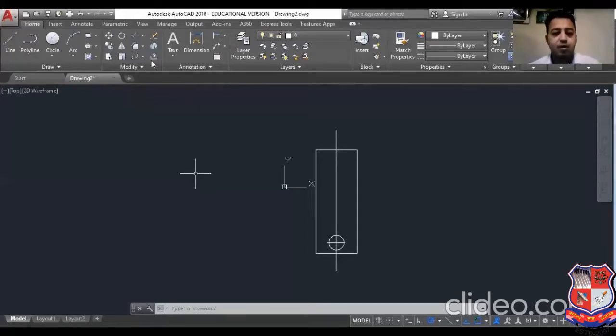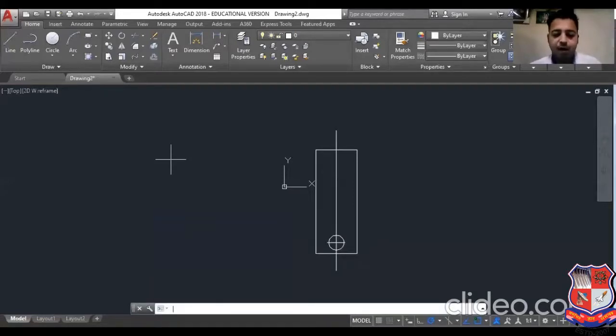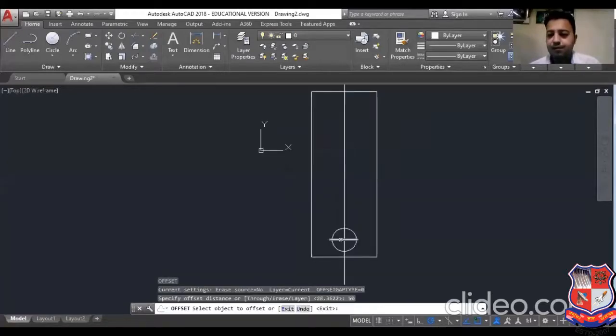The shortcut of offset is O. O, enter. You can see at the bottom, specify offset distance. If you know the offset distance, suppose I apply 50 mm, enter, and I select this center line.